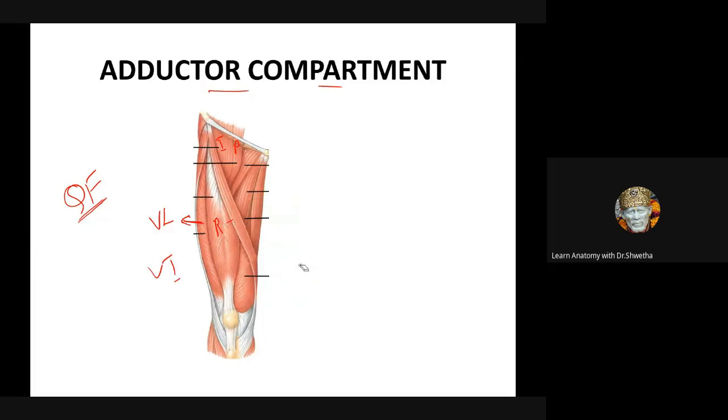Now we will say the muscles of the adductor compartment. Extremely easy. Now, can you see these beautiful muscles here? This is the adductor compartment. I will tell you the muscles of the adductor compartment. Remember pectineus, students? Where did you hear this pectineus? It forms the floor of the femoral triangle. Very good. Pectineus is in the adductor compartment. Any idea what muscle is this, students?